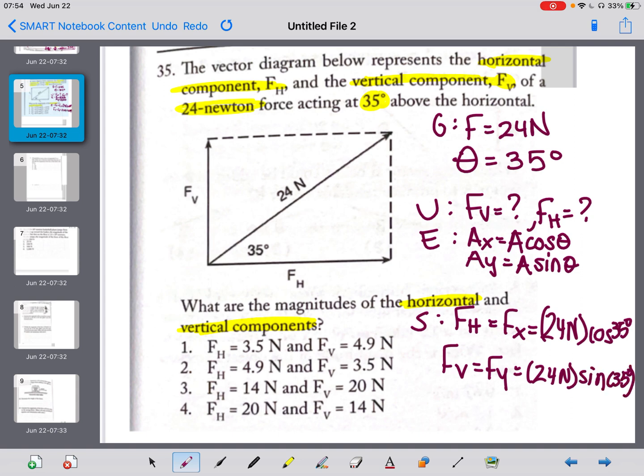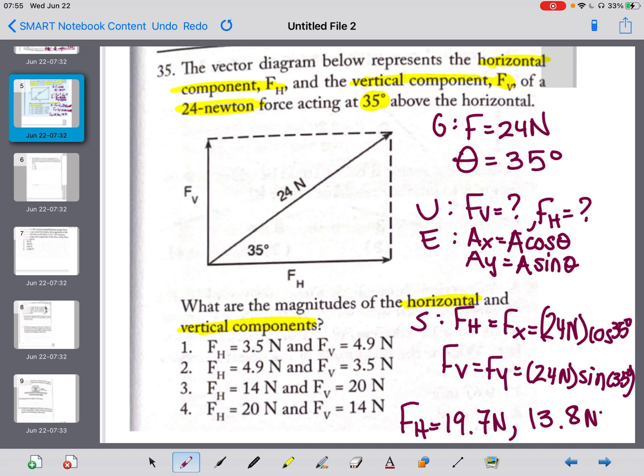Make sure your calculator is in degrees. 24 cosine of 35, I get that FH is equal to 19.7 Newtons, and 24 sine 35,